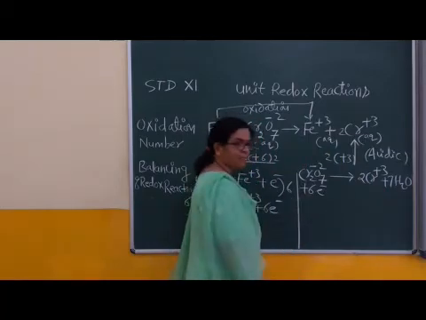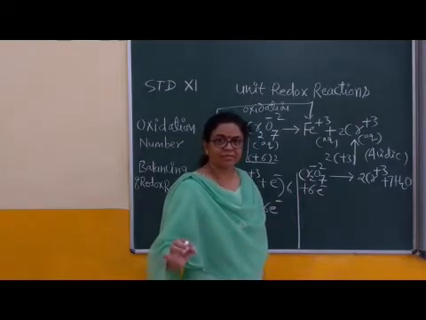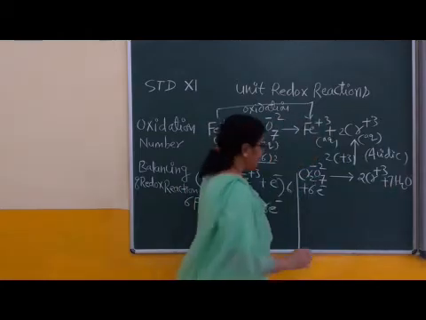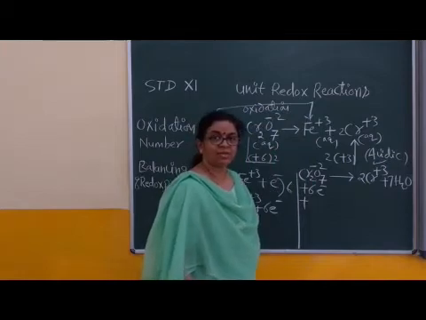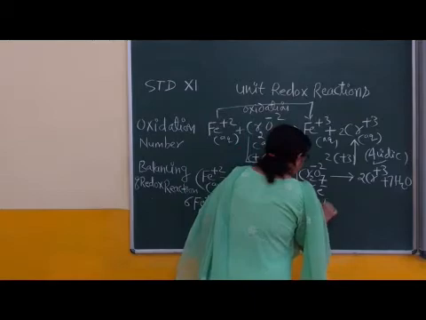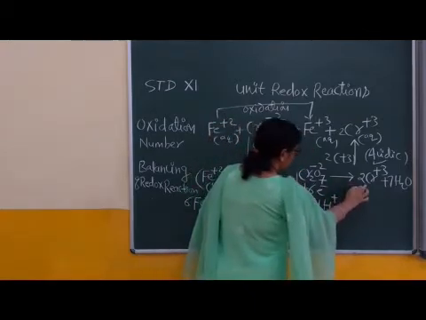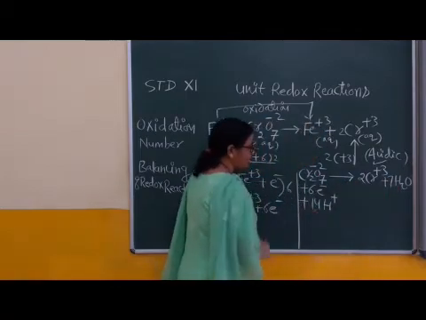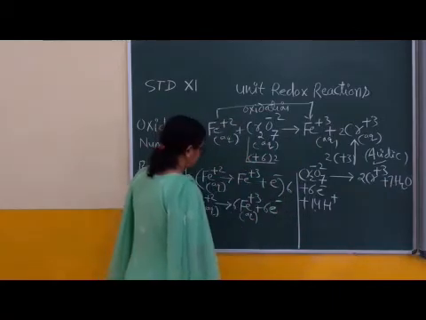But here hydrogen is absent. Right? In the balanced state, balance each and every atom, and balance charge also. Then 7 into 2 is equal to 14. The medium is acidic, so hydrogen is balanced in terms of ions: plus 14 H plus. Right? Now chromium 2, oxygen 7, hydrogen 14. Balance charge also like this, so your total charge is balanced.